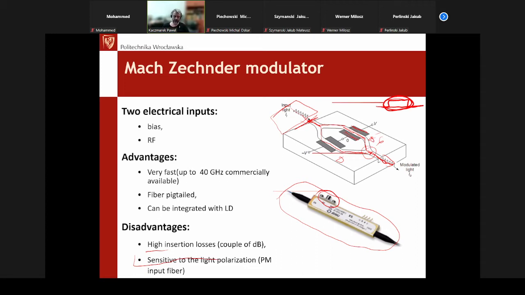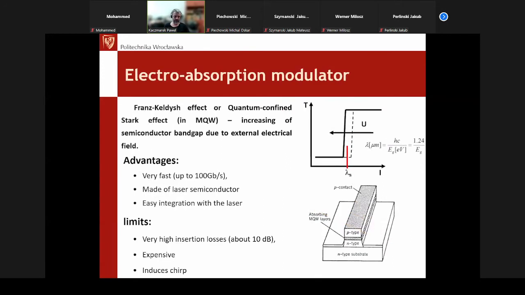So then another phenomenon in the semiconductors can be used, and it is some kind of quantum effect, the Franz-Keldysh effect, and it appears in so-called electro-absorption modulators. An electro-absorption modulator is based on the phenomenon that we are changing the band gap in the semiconductor by applying an external electrical field to this